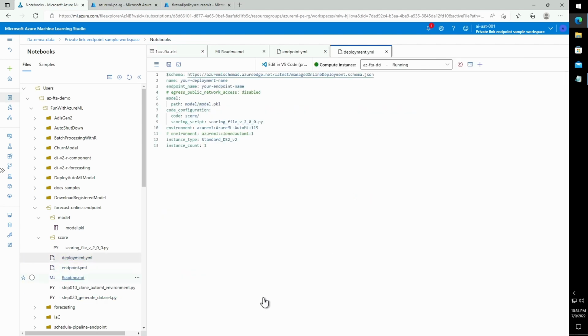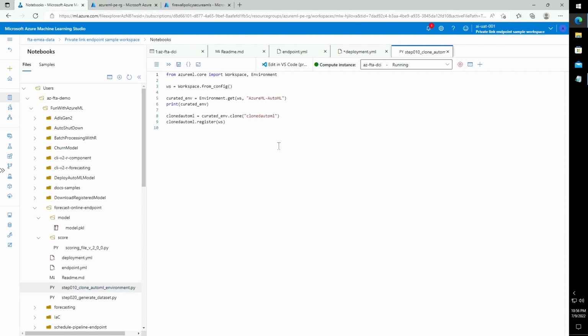So a deployment is basically over here. I need to modify the endpoint name. If you change your endpoint name, you can either override it here in the file, or you can use the --set option. In order to make a deployment, I will need to disable the ingress to public network access. And instead of pulling the Azure ML AutoML image, I will have to use the cloned AutoML one, which is basically something that is created using the step 10 clone AutoML